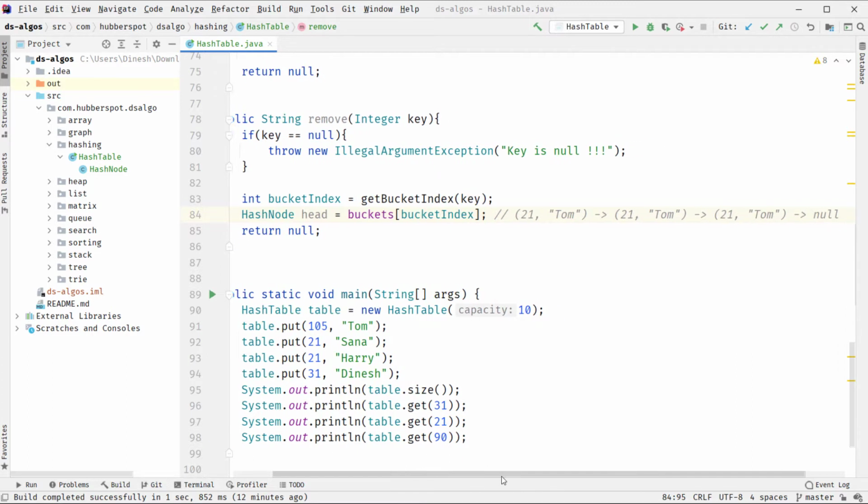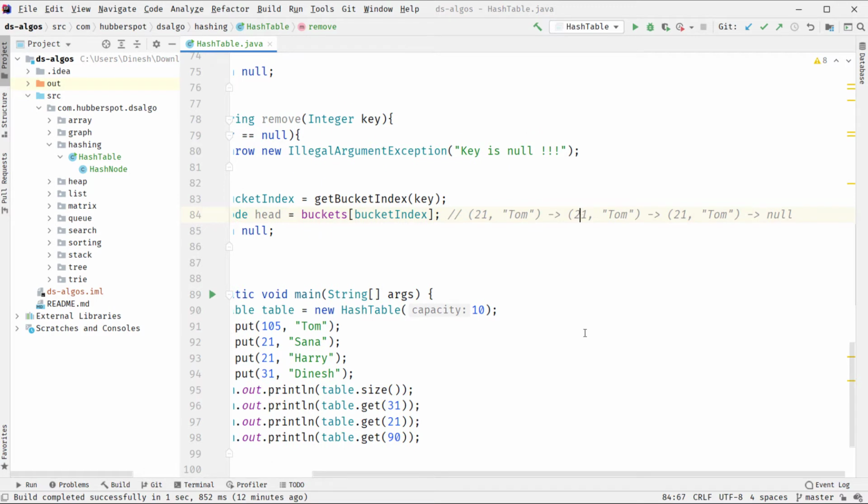Now let's say it has 3 nodes, something like this, where key 31 has value Harry and key 41 has value, let's say, Sana. Now head is pointing to this node because this is the first hash node of the list. Now our task is to remove this key.